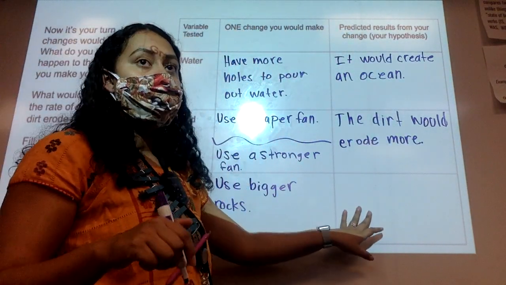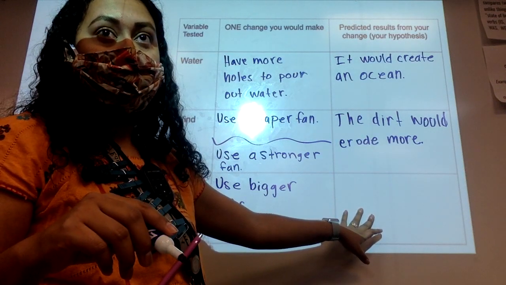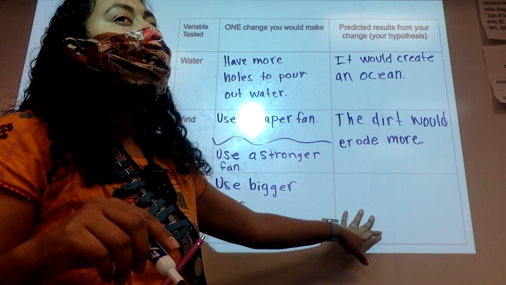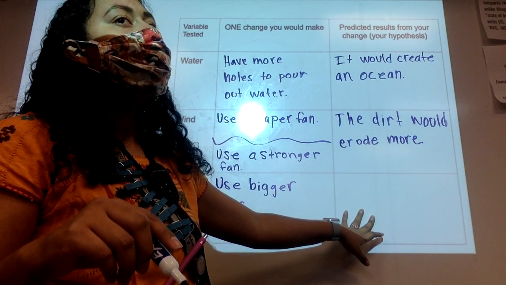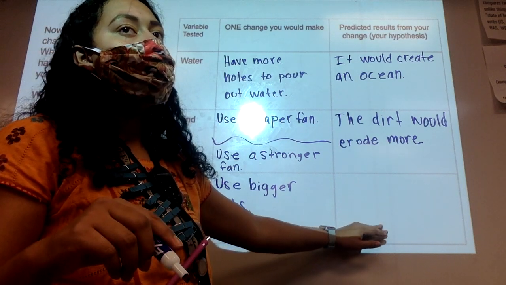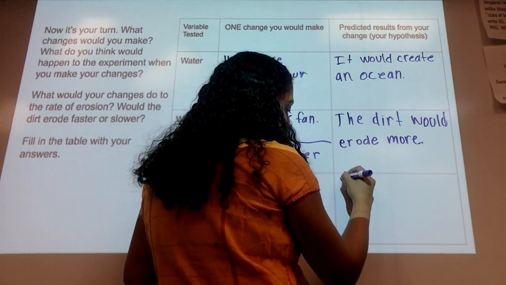Okay, so Ariana, question. Different rocks would block the water. Sorry, what was that? They're not on the water one. If we had bigger rocks, it would block the water. But this one doesn't have water. No. Yes. Okay, so Sophie's saying the